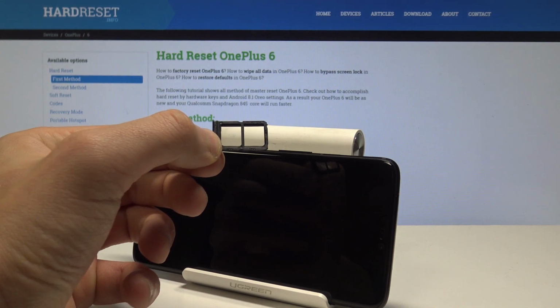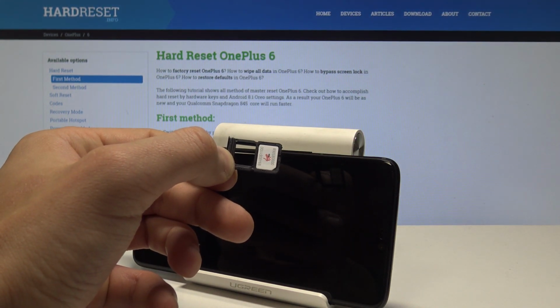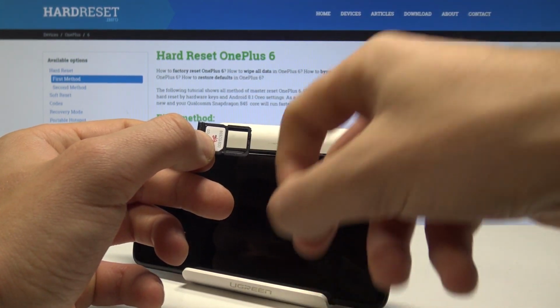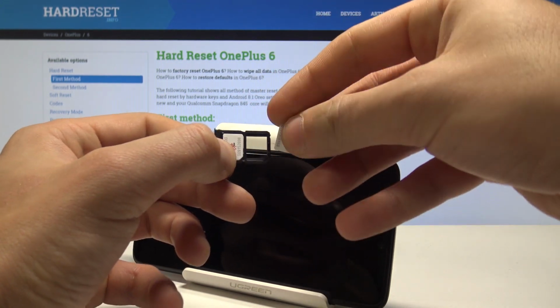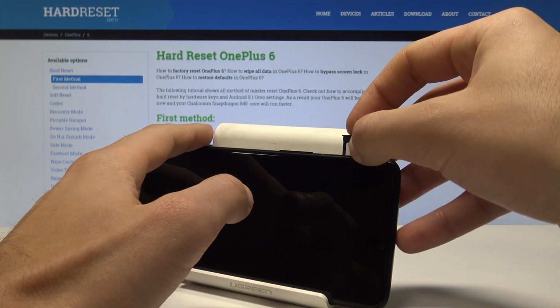Let's insert the first Nano SIM card with the characteristic edge right here, and let's put it in that position. Let's also insert the second Nano SIM card with the characteristic edge right here, and let's put it in that way. Alright. Now you can put the whole thing into your device. Let me just prepare the tray. Alright. Let's push it right here to the end